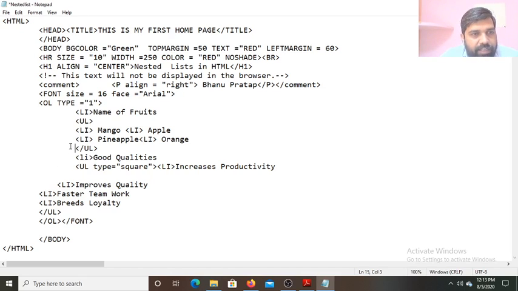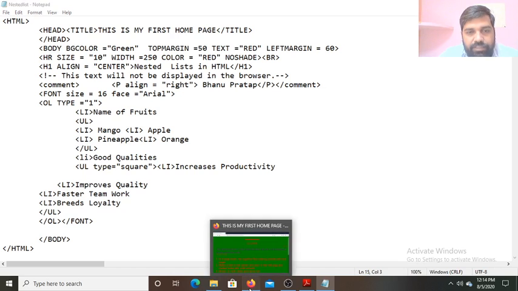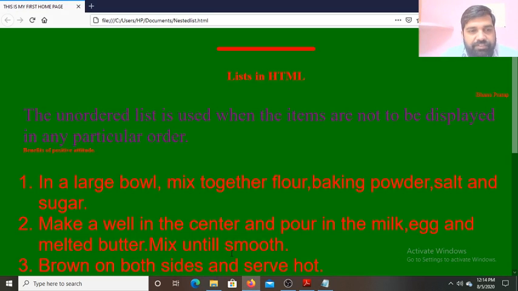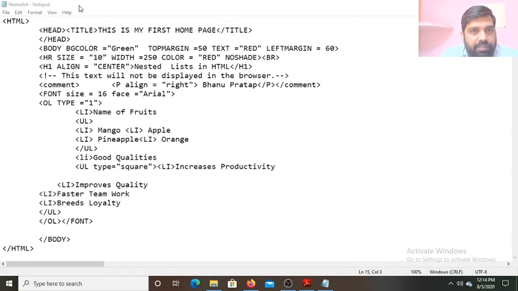Inside the OL we are using the nested unordered list, this one. Now let us save it and execute it. We have already executed this code, now we just have to refresh it. See, when I refresh the page,